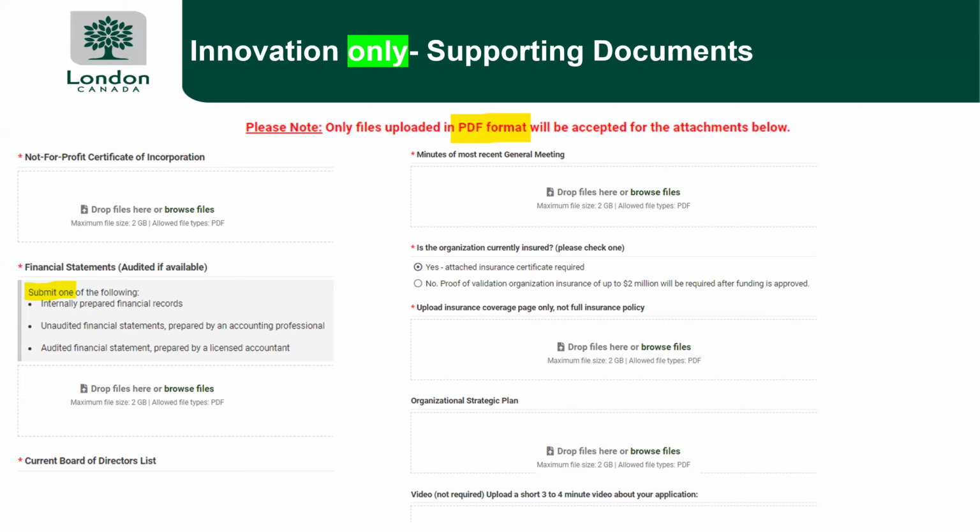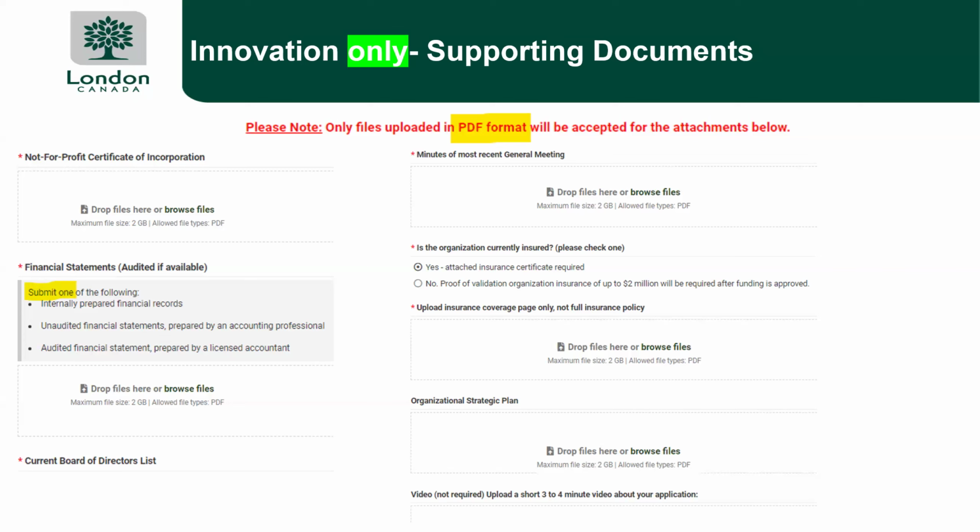You can send us internally prepared financial records, but we have to have some kind of financial statements from the group applying. We ask for a list of your current board of directors, so a list of their names and the contact information. We ask for minutes of the most recent general meeting. Any not-for-profit organizations are required to hold an annual general meeting every 12 months, so we would ask for the records of that meeting.